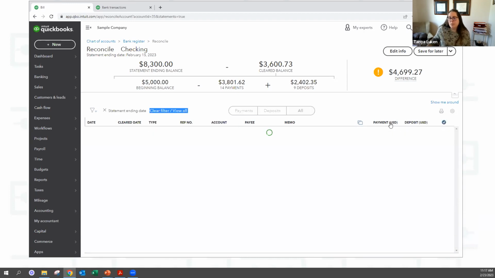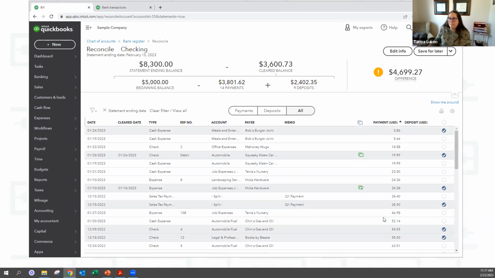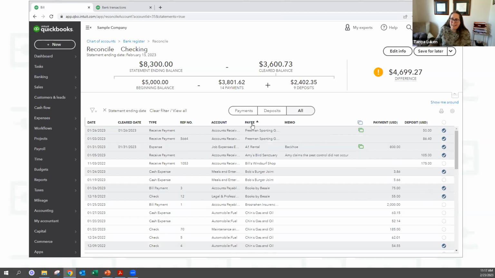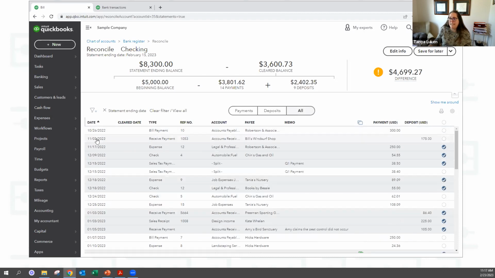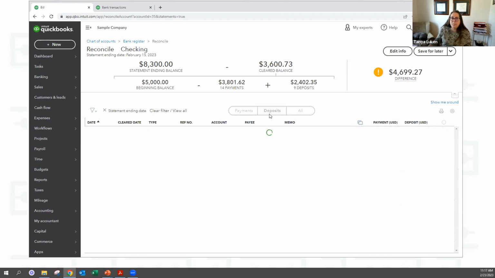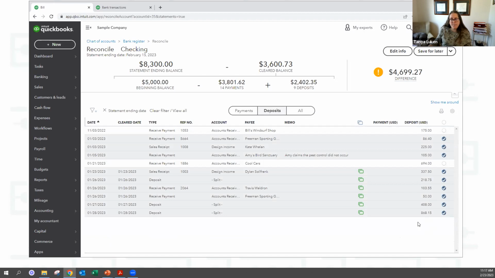A couple other things, you can click on these column headers to resort things. Let's say you're off $4, you can resort this list and see, oh, here's a $4 transaction. You can sort by deposit, by payee, or by check number if you have check numbers in QuickBooks. You can also change your view. At the moment it was sorted by date, with payments and deposits mixed together. I can check this box and it'll show me only my deposits, which is really helpful if you get to the end of your statement and you're still off $4,000 or something.